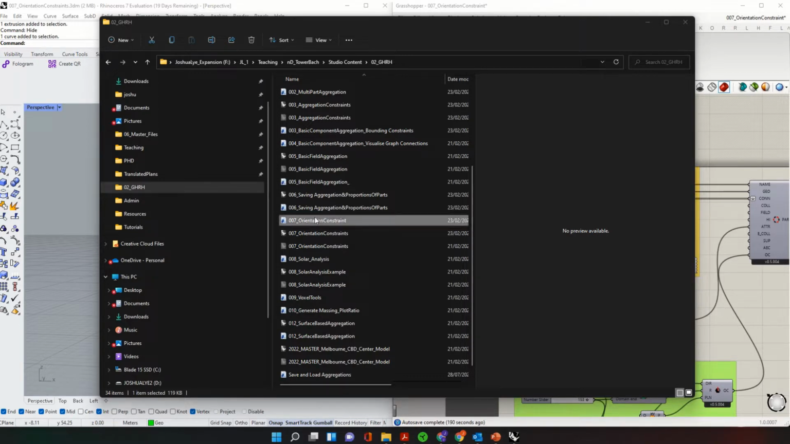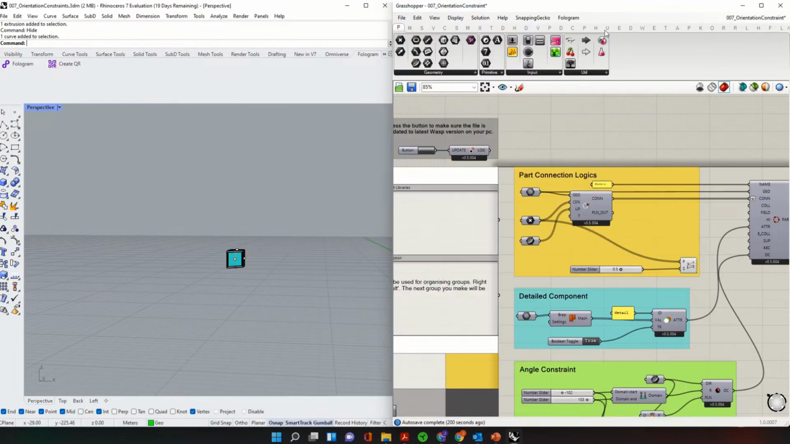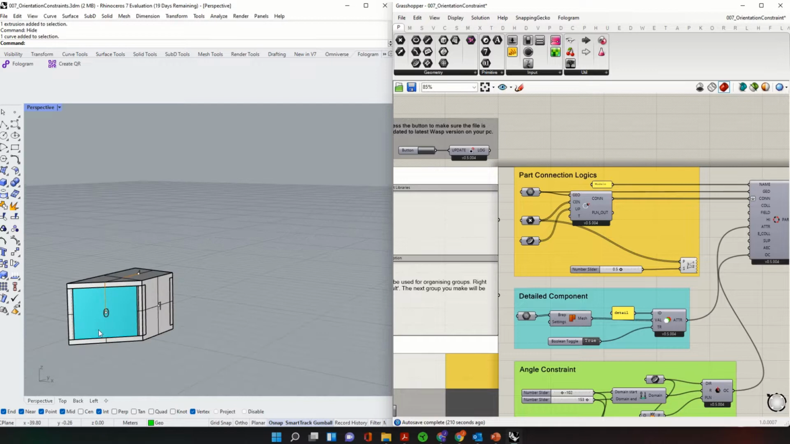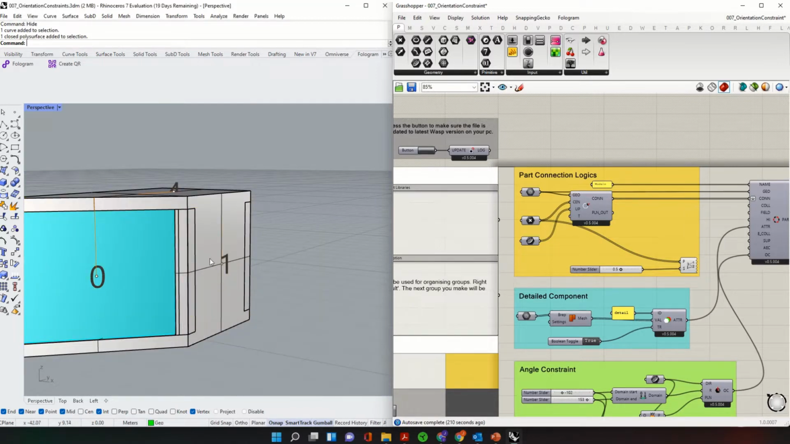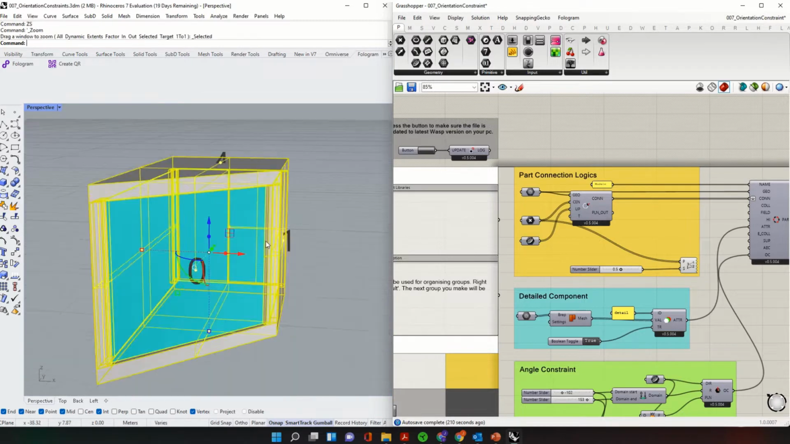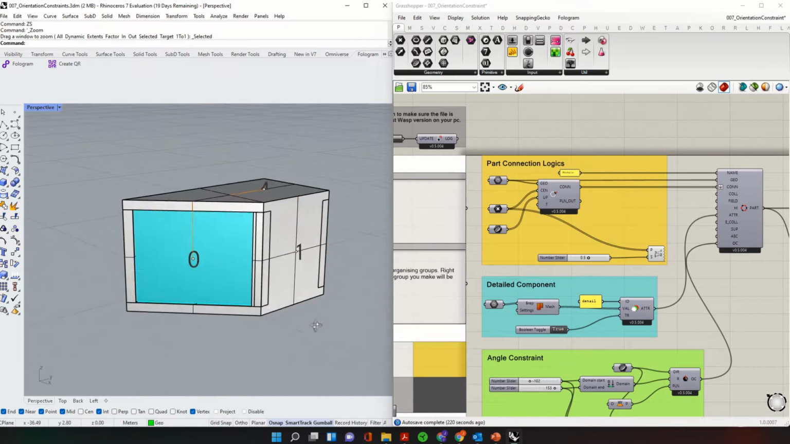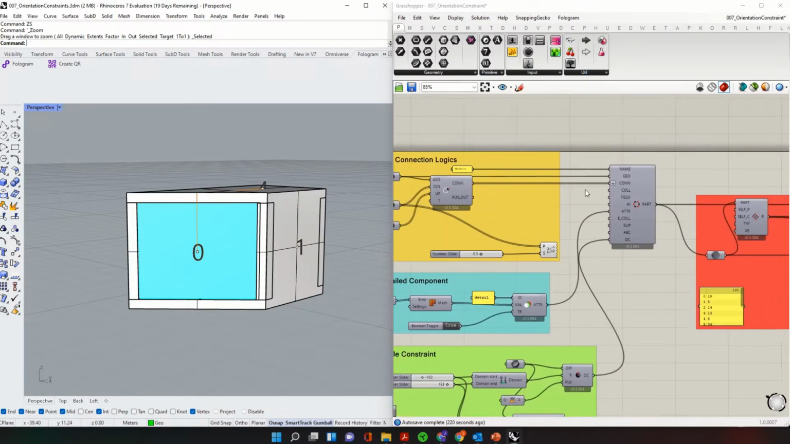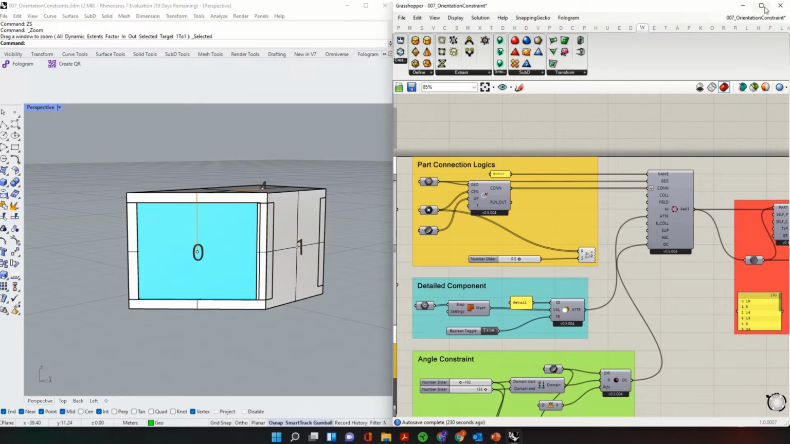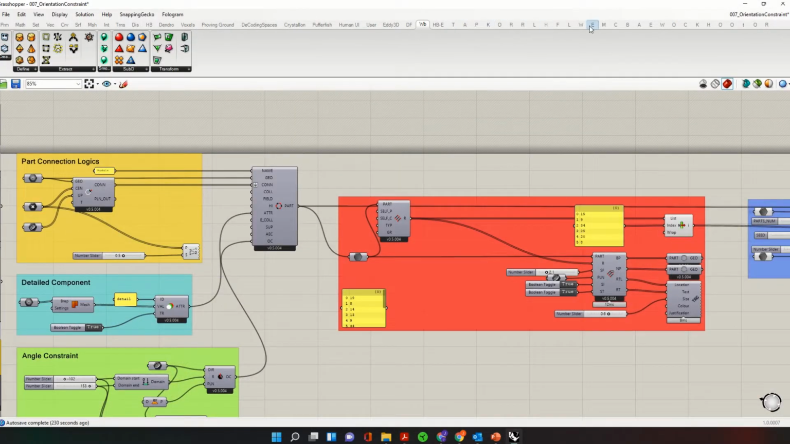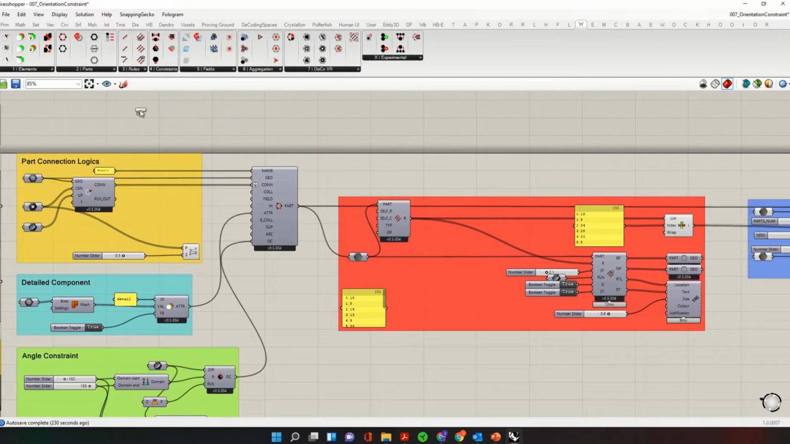So for this tutorial, I'm going to be using 007 files in the studio content. So straight off the bat, we'll see that basically we've got our component here. It's a bit more of a detailed component, but generally the setup of the connection logics should still apply. The key difference in terms of Grasshopper is instead of normally using the basic part